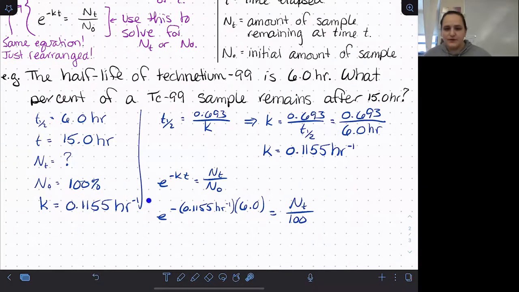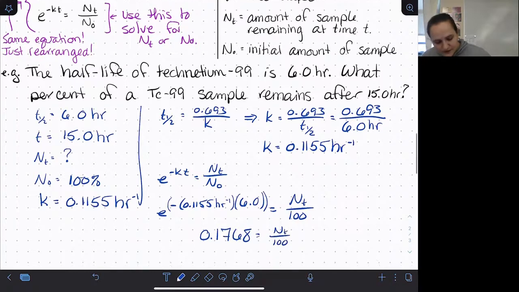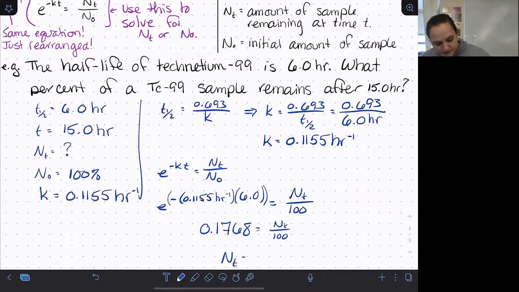So this whole expression you'll want to just put in your calculator. Do make sure that you put the entire exponent in parentheses to make sure that it deals with it correctly and doesn't just take the first part as the exponent and then multiply the result by 6, which is not what you're looking for here. Parentheses are your friend. So we can put that whole thing into your calculator and find 0.1768 is equal to Nt over 100. So then if we multiply both sides by 100, we find that Nt is about